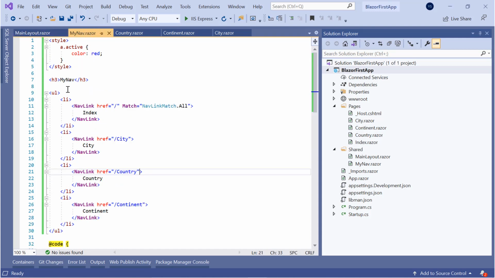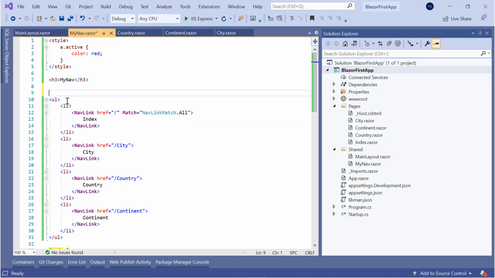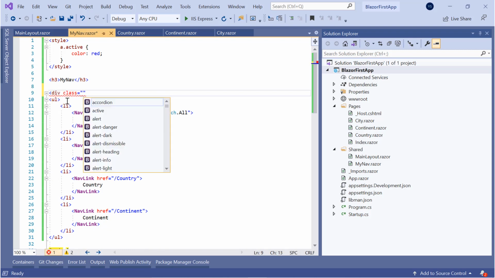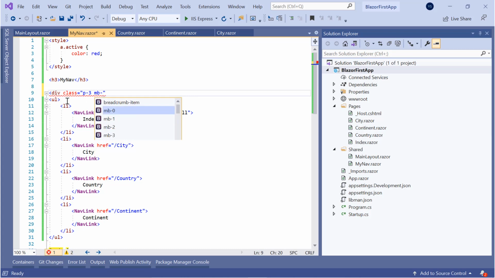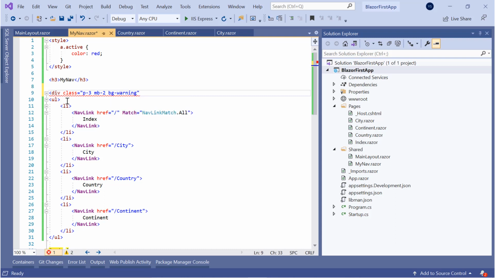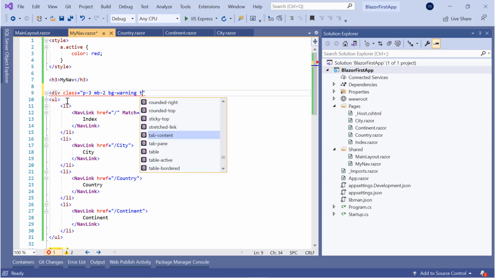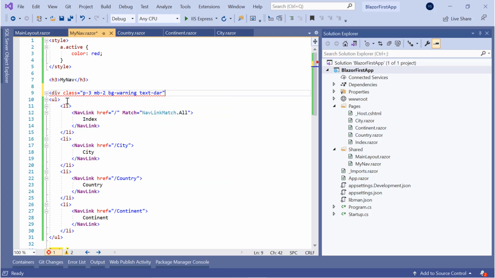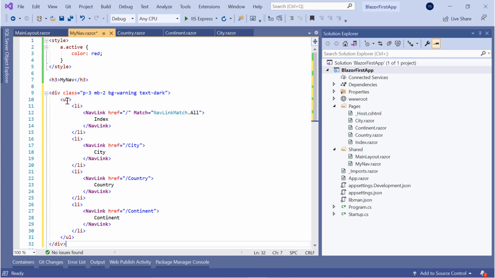So open my nav.razor and we put it inside a div, give it some Bootstrap classes: p3 and mb2 bg-warning and text-dark. So these are Bootstrap classes. It will provide them a good design,